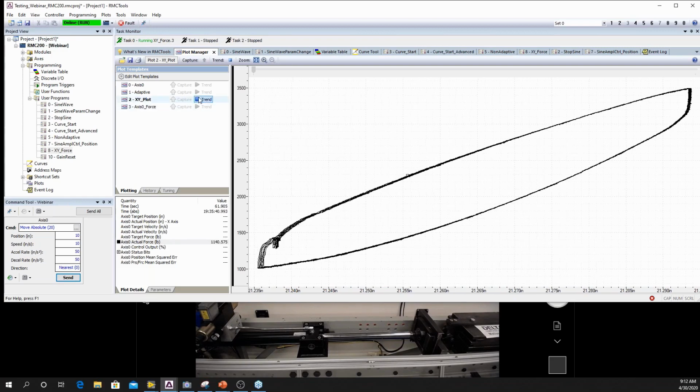Let me pause this, and I want to show you a few other things that we can do with our XY plot. Okay, I stopped my trend here. Let's say I wanted to see the difference between these 2 points. Well, I've got one cursor here. I can drag it to my point here, and I can see that my actual force here is